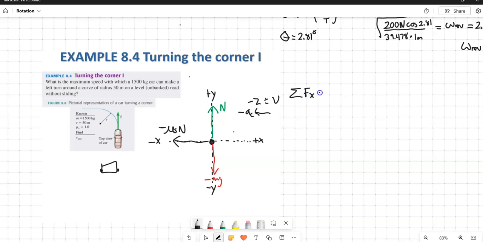So let's sum the forces in the x direction. Okay? All right. In the x direction, we have a negative mu sub s times the normal force, and that's going to be equal to a negative m. So it's negative due to the negative centripetal acceleration times the centripetal acceleration. So this is going to be negative mu sub s times the normal force equals negative mv squared divided by the radius. In the y direction,